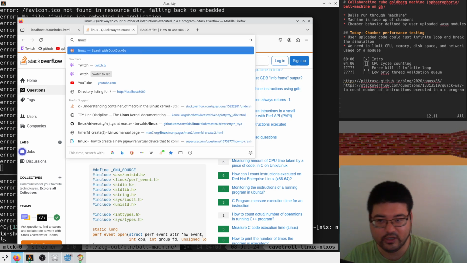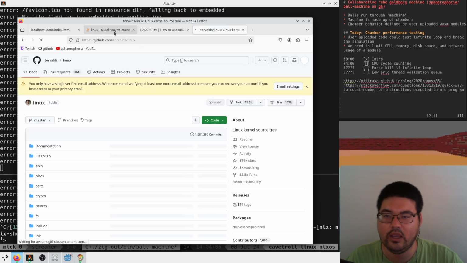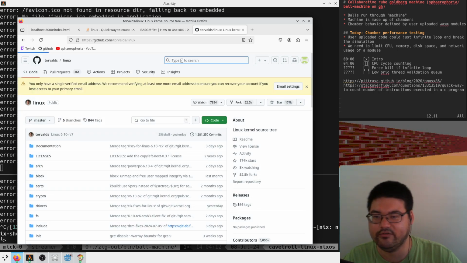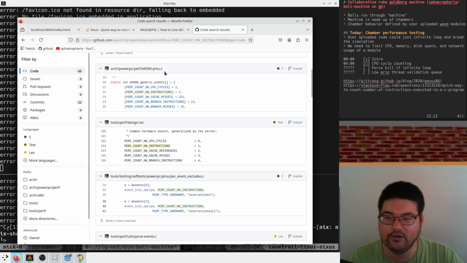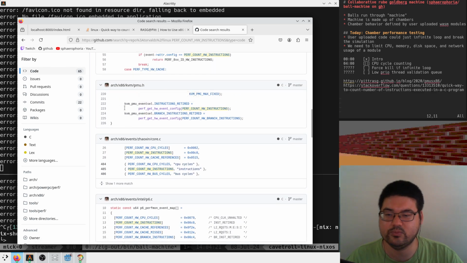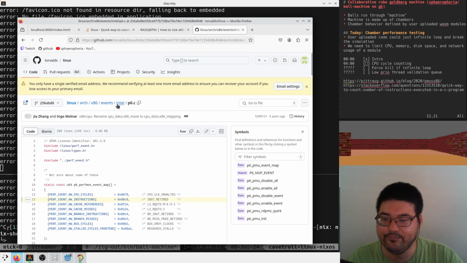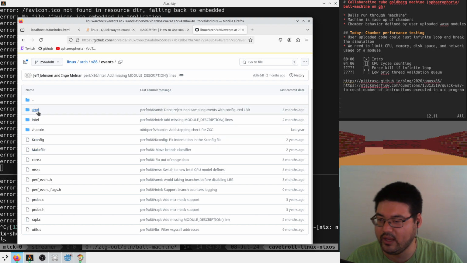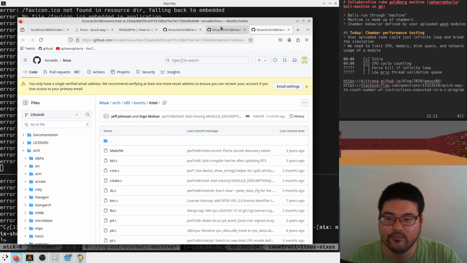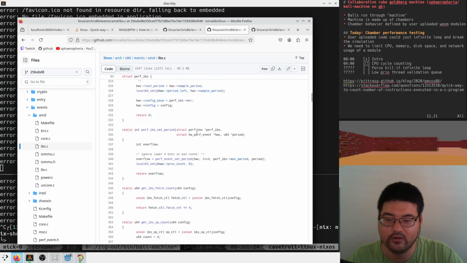I was also looking at the Linux source code. And I just looked up this thing to try to see what types of things we can look at. Depending on your CPU, Linux will define different events that are supported. So here we're looking at x86 events, so Intel and AMD CPUs might have different registers for different events. We can maybe look at the IBS one of AMD, and somewhere in here, maybe this one